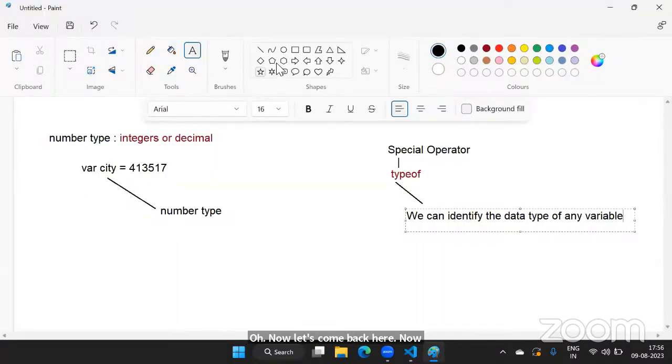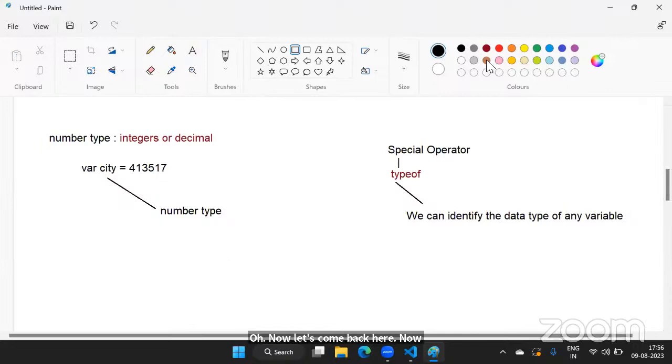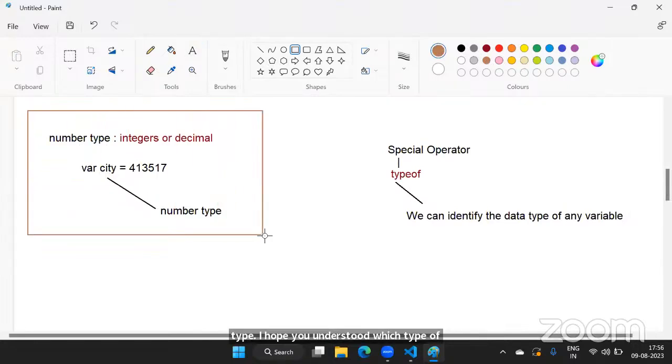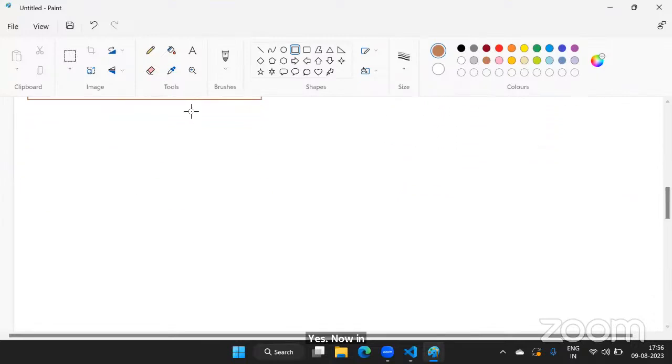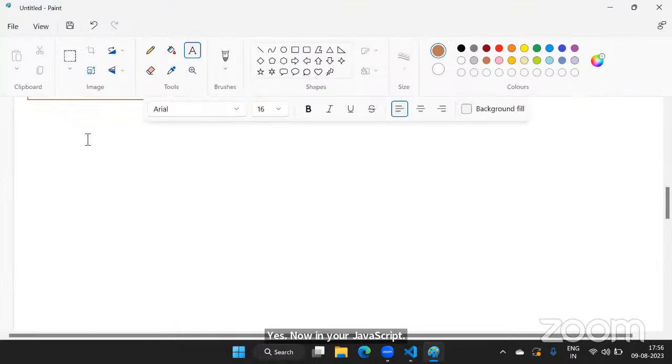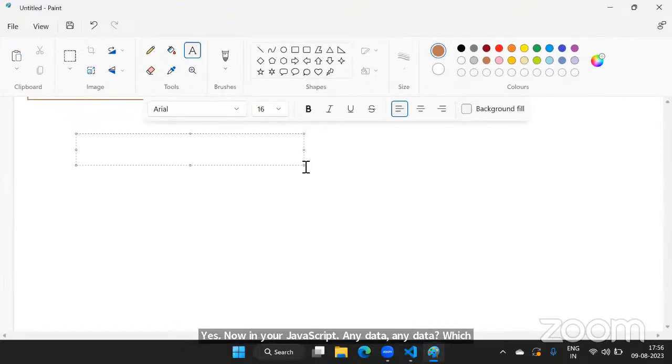Now this is the first data type. I hope you understood which type of data comes under number type. Is it clear for everyone? Which data types come under number type? Yes. Now in your JavaScript, any data which we are mentioning in double quotes,